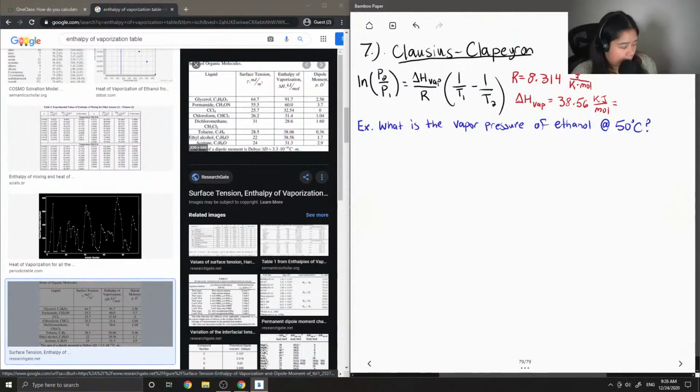This can be converted to joules: 38,560 joules per mole. Okay, so now that we have those two constants,